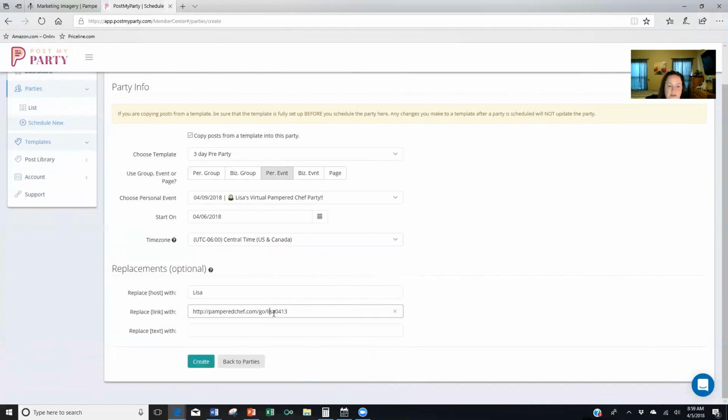Make sure you do it right. I just put in 2 S's there. So this is important because this is going to pop up on every single post. If you remember, whenever you set up your own Post My Party, within the messages that you copy and pasted, it'll say host in brackets, it'll say link in brackets. So every place where it says host in brackets will have Lisa's name now. Every place that says link in brackets will now have